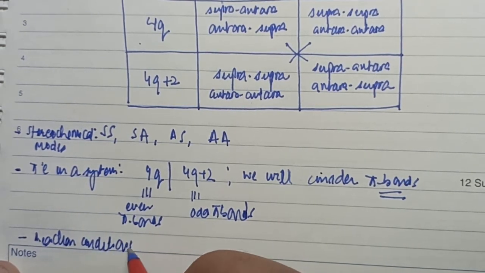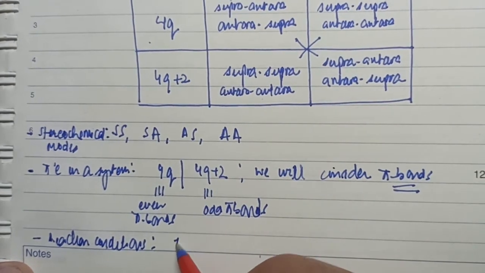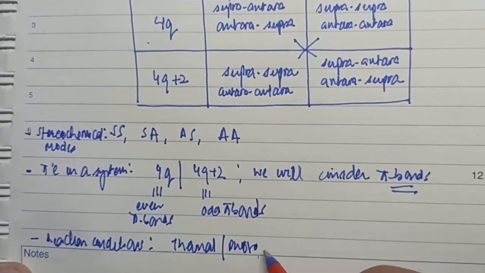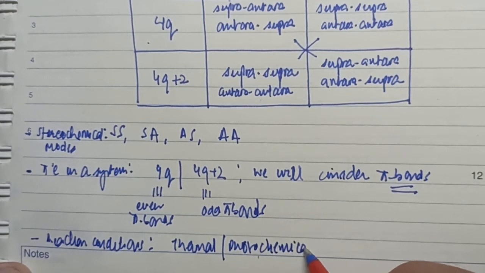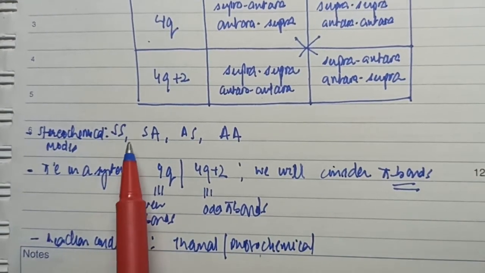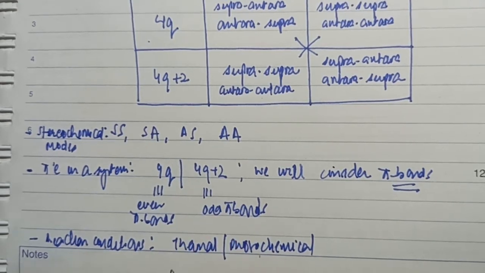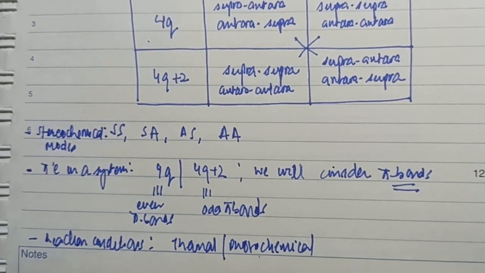There are two possible reaction conditions: either the reaction is thermal or the reaction is photochemical. So based on these three pieces of information, the stereochemical modes, the type of pi bonds or the odd or even nature of the pi bonds a particular system has, and the reaction condition, thermal or photochemical, we devise